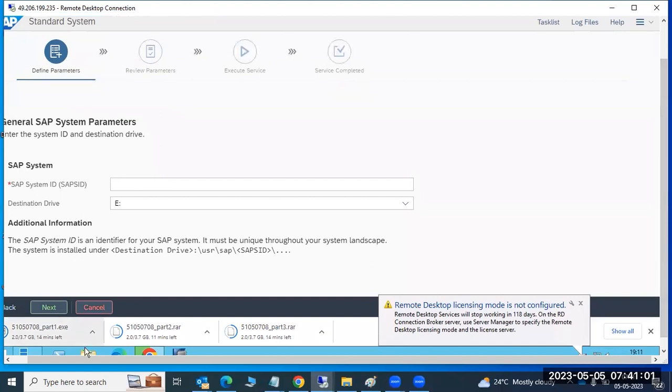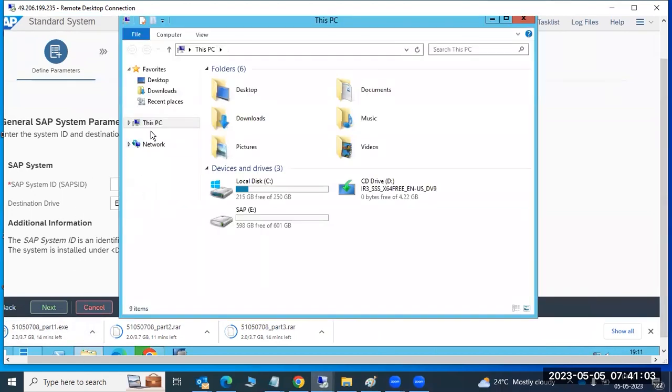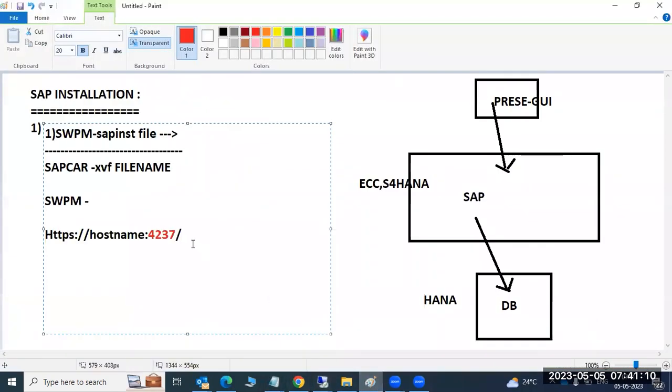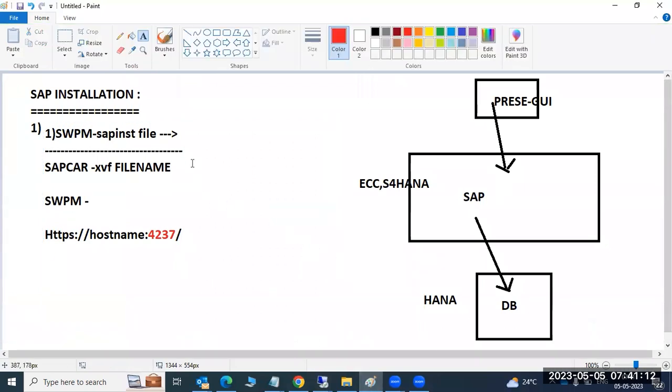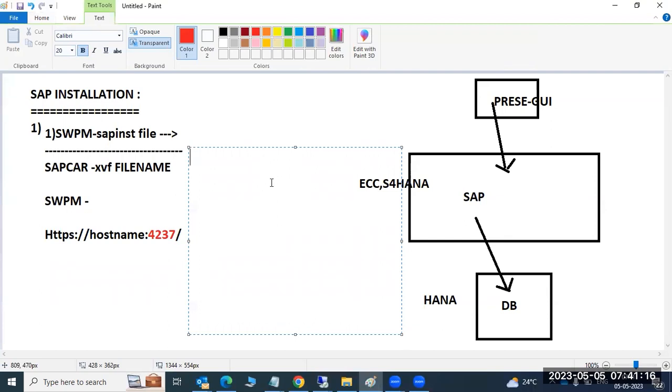So what does SID mean here? Now we'll discuss some technical terms. What is meant by SID here? SID means system identification. Some technical terms we should know now. In this course, we should be aware of the SID, instance number,